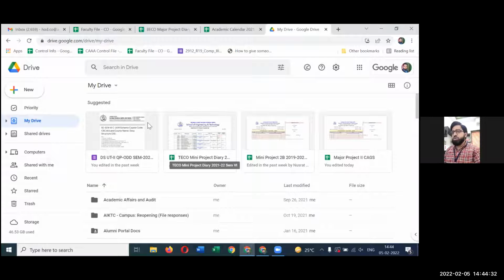Fine. So this is a cloud facility which we can use as storage. It is something like an add-on storage. Apart from the storage available on your laptop, or on any device, this is your extended storage. Fine. And this extended storage is associated with an account. So if you have an account, say x.y@aiktc.ac.in, with that account you need to use this storage. Okay.